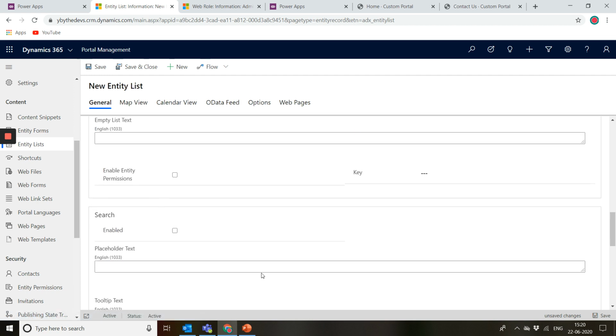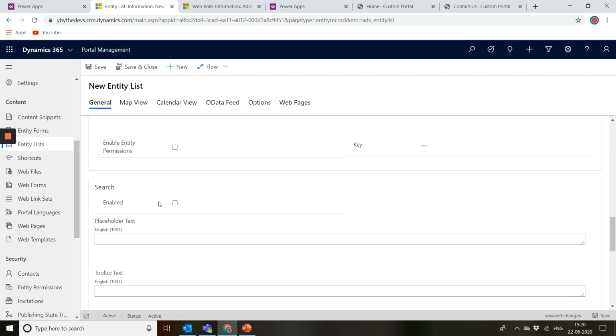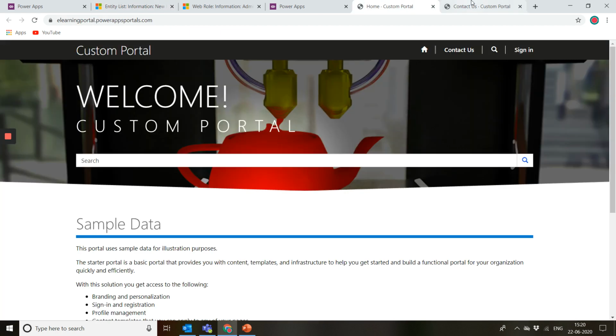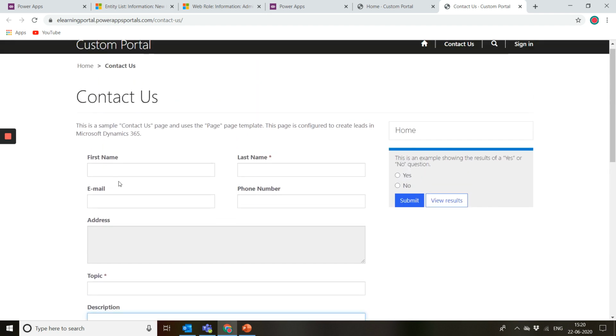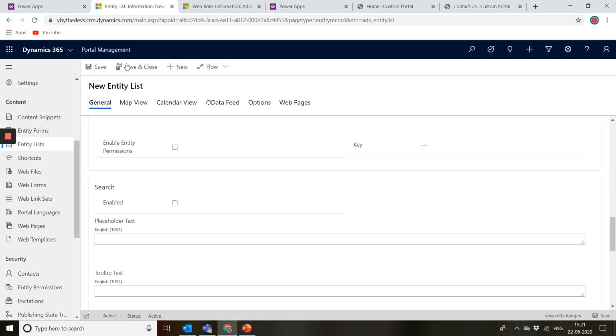And then we have this feature for enabling the search. If I enable this, there will be a search bar. Let's say I come here. Right now it's not enabled, but let's take an example of this form. A search bar will be displayed somewhere here. Okay, this is a form, but for a list, it will be something like you're seeing above the grid, and you can search in details about those. So this will work on all the searchable columns that exist in your entity.